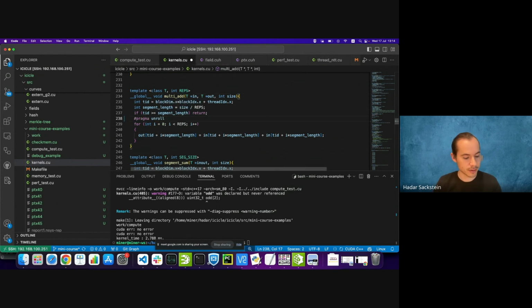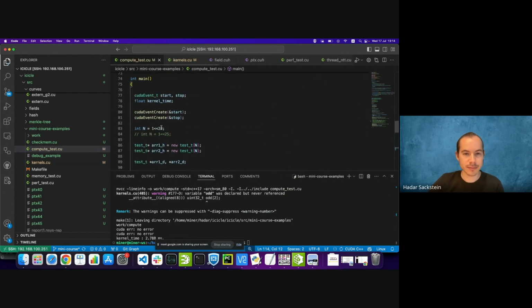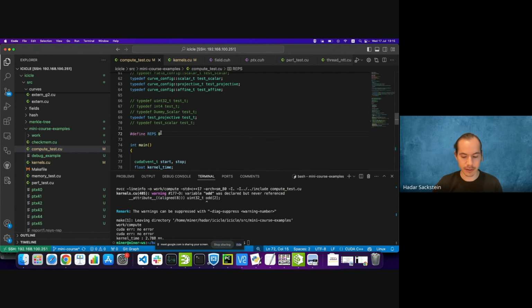Currently this loop will be unrolled. What does it mean that it's unrolled? It's like I don't have the loop, and I just write explicitly all the loop. What I will get here is that if I run this kernel with a single EC addition,